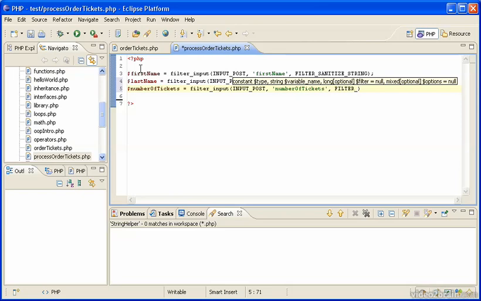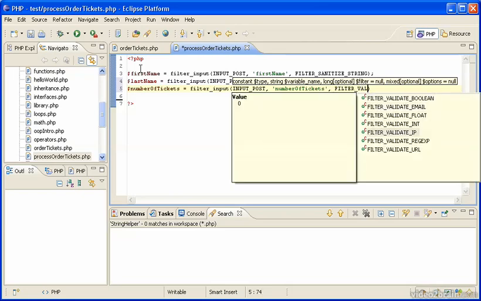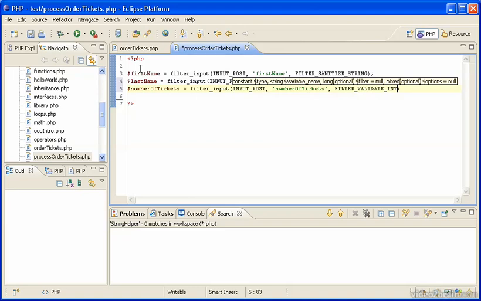Now this is a good one. Validate as integer. Notice also you have email there. That's very nice. Also URL, which is very nice. IP you might use too. We'll use integer here. Now what this does real quick, if the user doesn't type in a